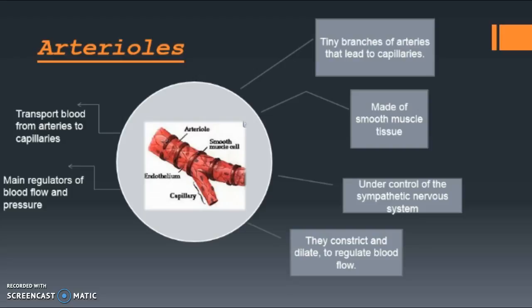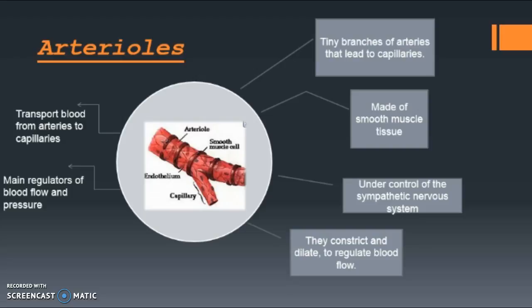And vasoconstriction also takes place. This is when there is increased contraction of circular smooth muscle in the arteriolar wall, which leads to increased resistance and decreased flow through the vessels. The arterioles vasoconstrict to minimize the flow to the capillary bed, and vasodilation is the